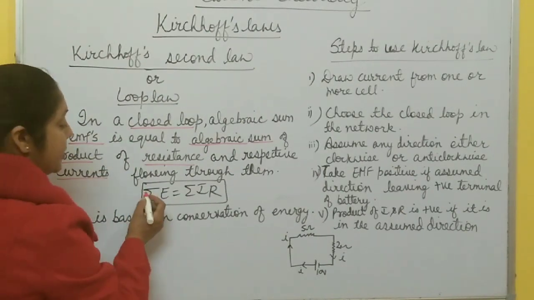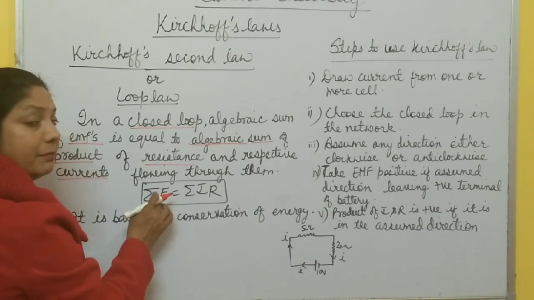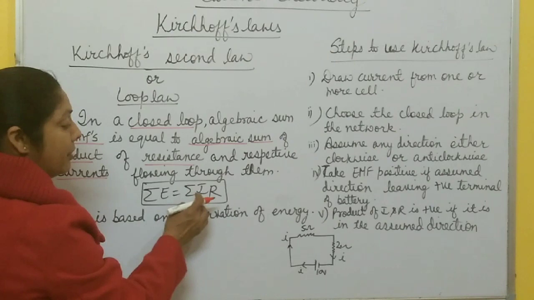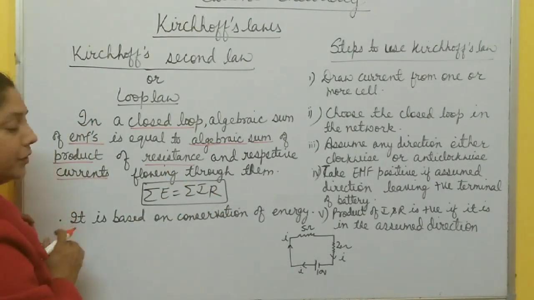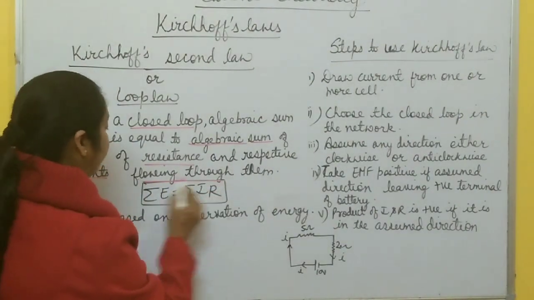It means the algebraic sum of EMF of all the cells is equal to the algebraic sum of the product of resistance and respective currents flowing through them. Summation of E equals summation of IR. It's very important,